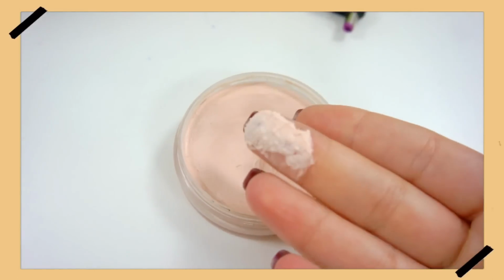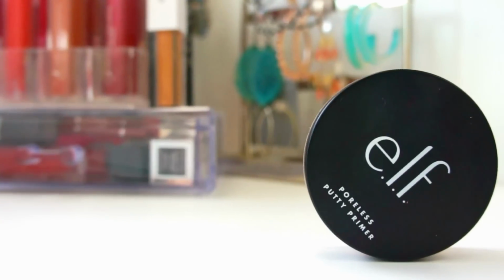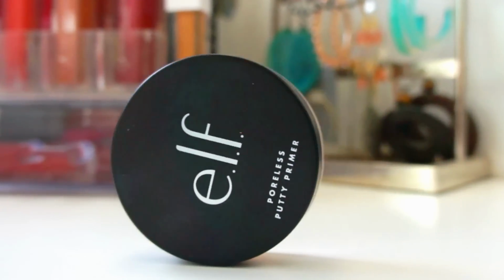Poreless Putty Primer and the Tatcha Silk Canvas Primers first, because I have really fallen in love with these this year. I know that it became crazy hyped in the beginning of the year where everybody was comparing these two. While I think the e.l.f. product is a great dupe for the Tatcha Silk Canvas, I do kind of go back and forth with them depending on what's going on with my skin. I put on the e.l.f. Poreless Putty Primer today and it did a great job of filling my pores,